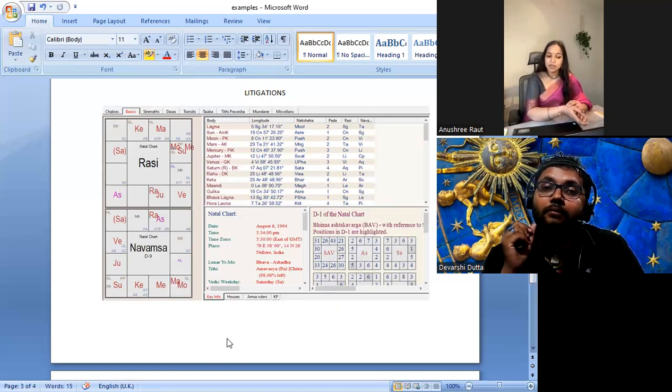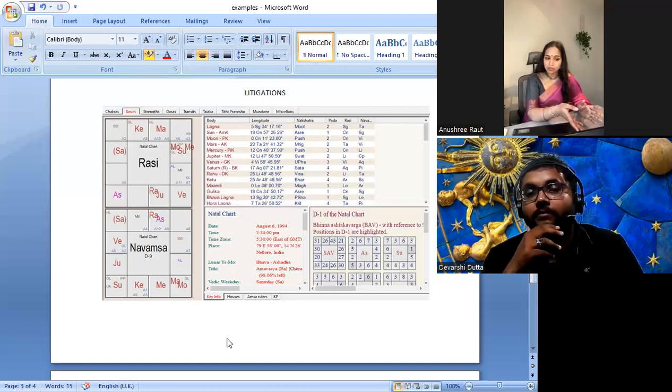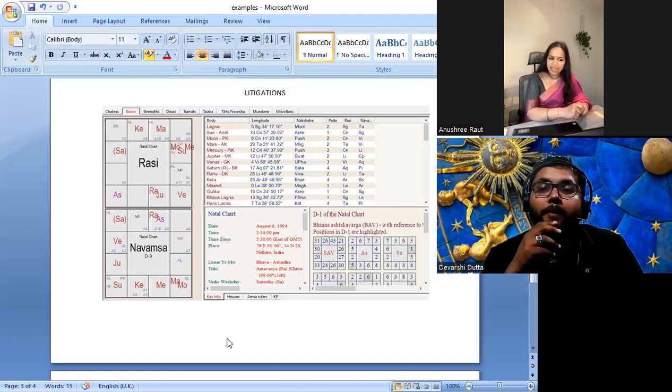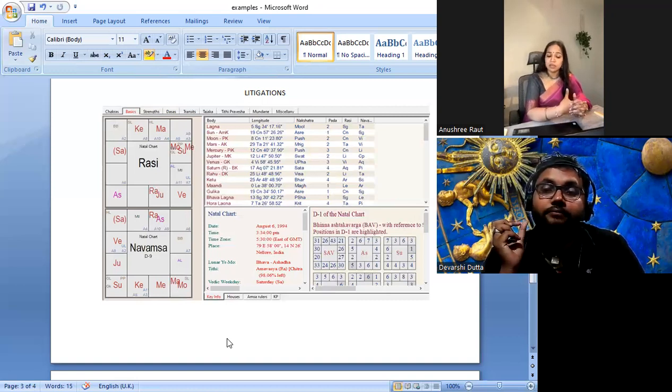Sixth Lord is Venus in the 10th house. The minute he got married, the in-laws put a case on his head. Okay. A false case on his head. Because Mercury, Sun, Moon are in the 8th house. In-laws are very political, and the 8th house stellium is all his energy, his karma going in the 8th house, right? So what happened was the wife got pregnant, and she started demanding, I want this, I want that, and then the in-laws put a case on him.